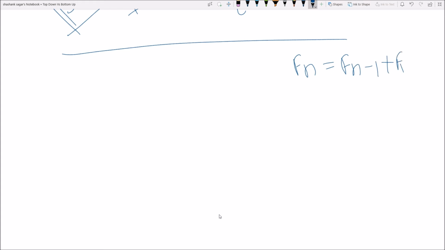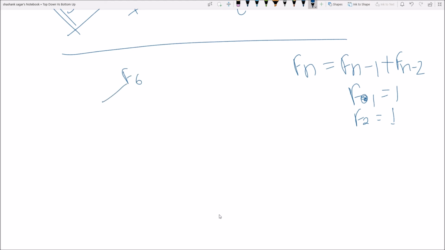Now one more thing, see, when we were solving for Fibonacci numbers, we were using this formula: Fn equal to Fn minus 1 plus Fn minus 2, F1 equal to 1, F2 equal to 1. So what was the top-down code doing?